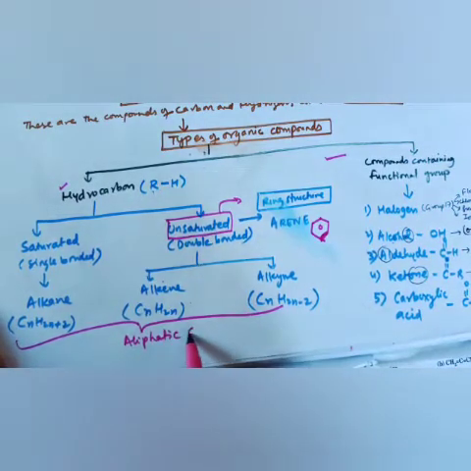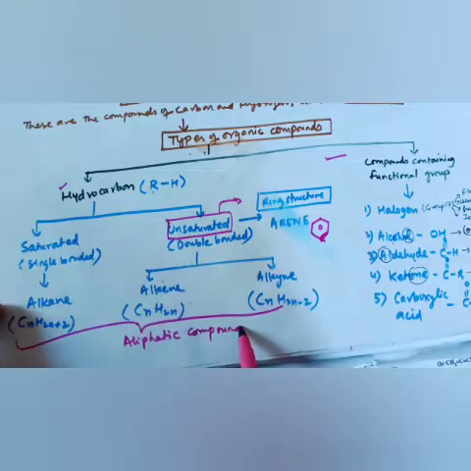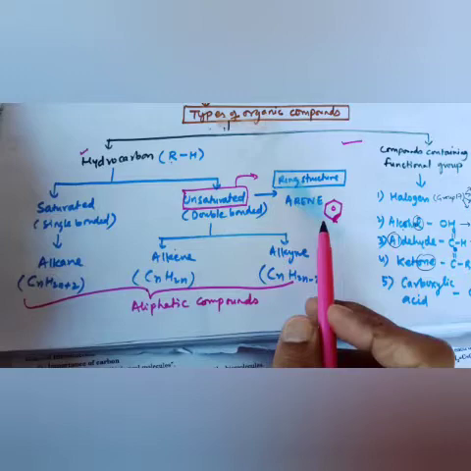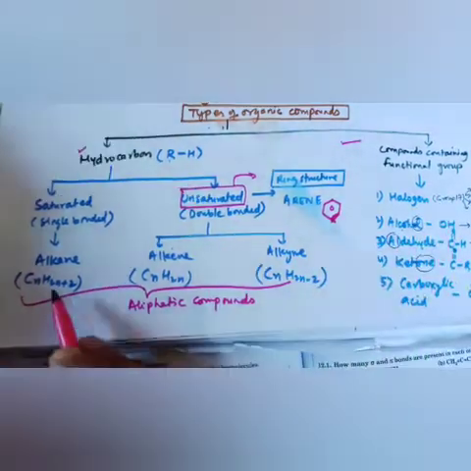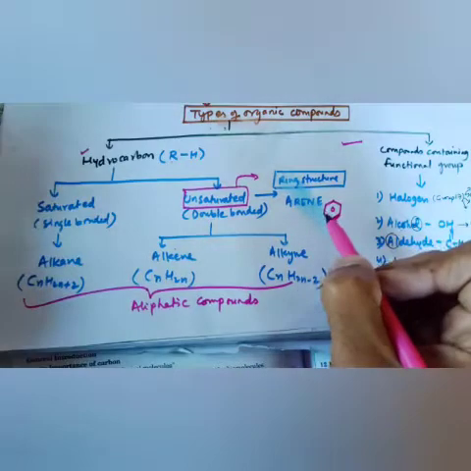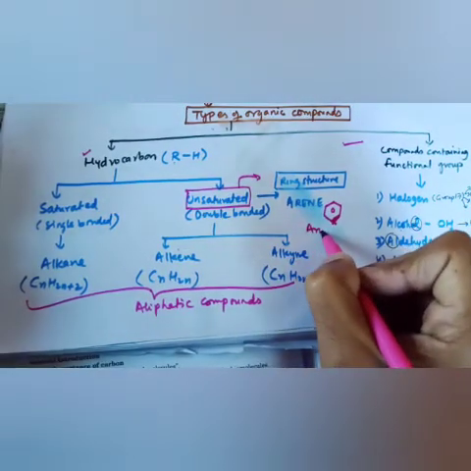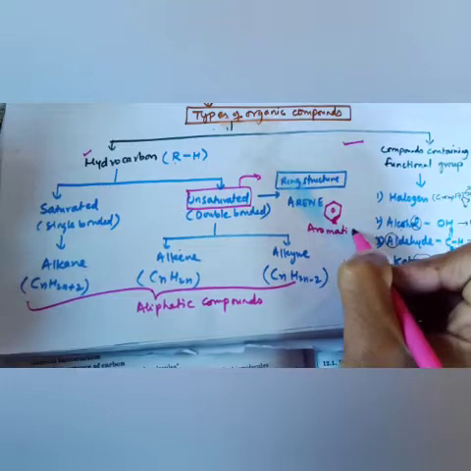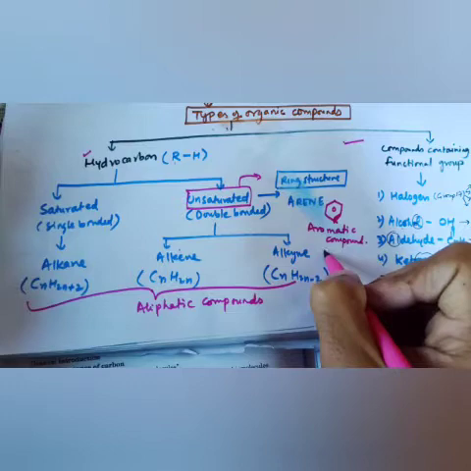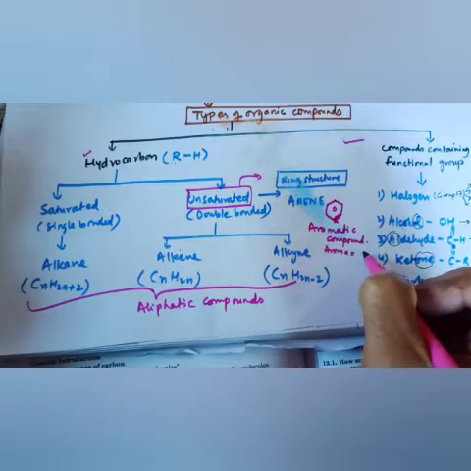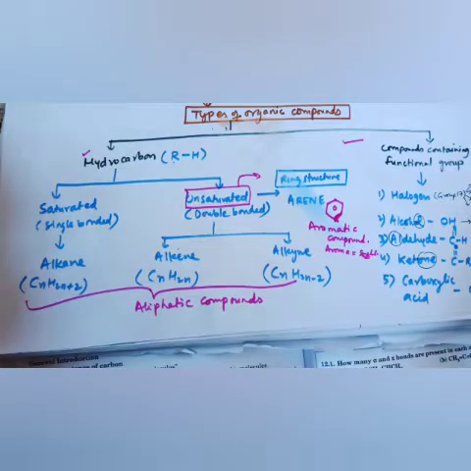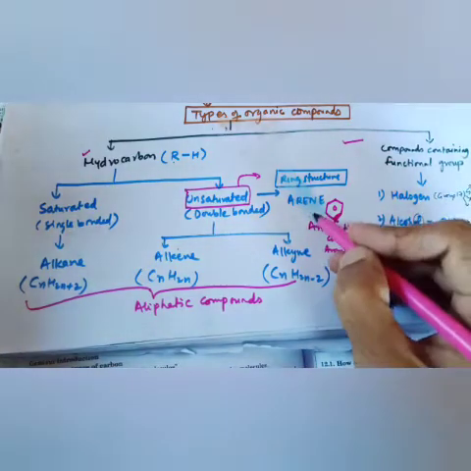aliphatic compounds. These are all new names for you, so you have to study carefully. Alkane, alkene, alkyne, there is no ring. These are called aliphatic compounds. If there is a ring, that is called an aromatic compound. Aromatic comes from aroma. Aroma means smell, a sweet smell. When you go to a flower garden, you get a sweet smell, that is because of aromatic